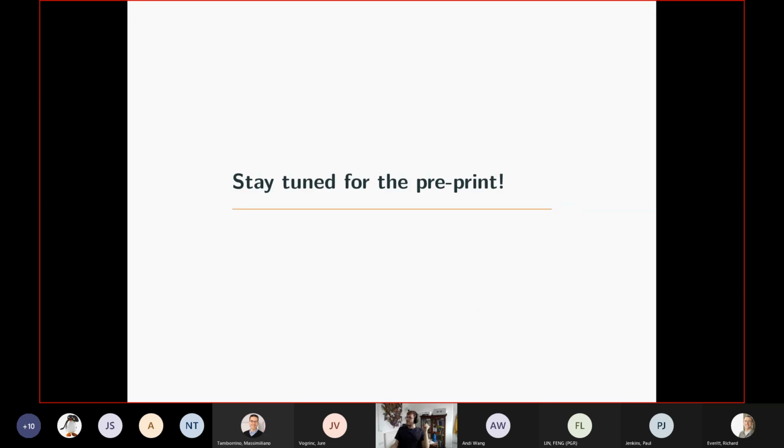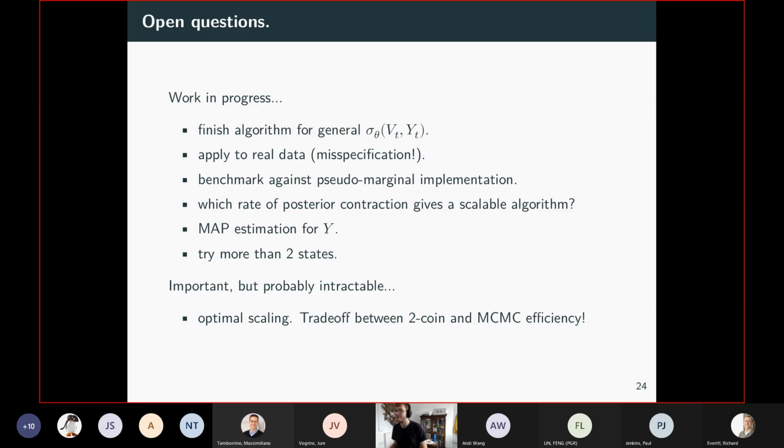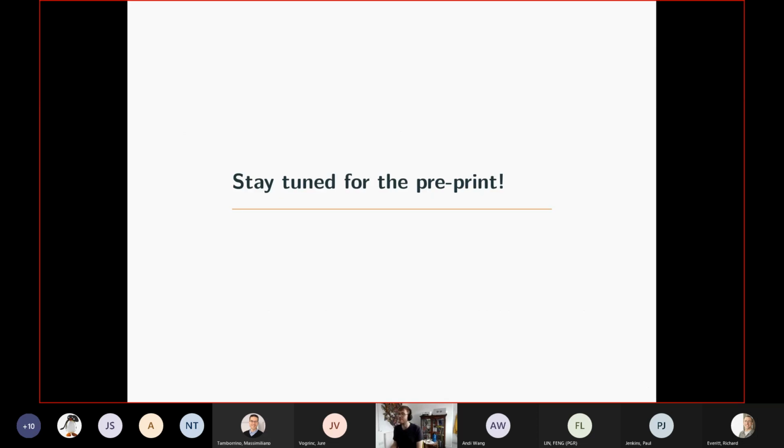And there is going to be a preprint on this soon, where we go into all of the details that I just have to gloss over here, because I'm already running out of time. So that should appear soon. And I hope that, if nothing else, I managed to whet your appetite a little and to keep you on the lookout for that preprint.